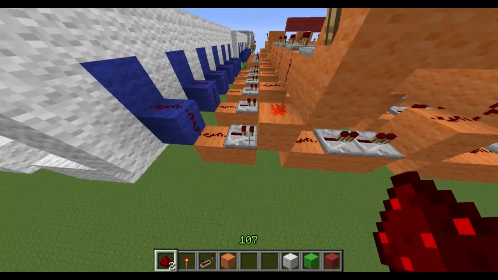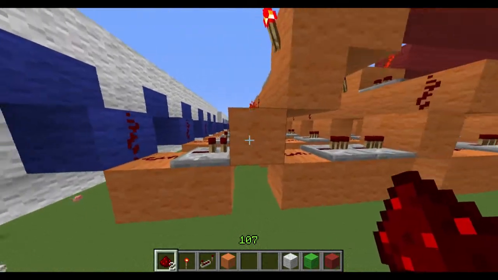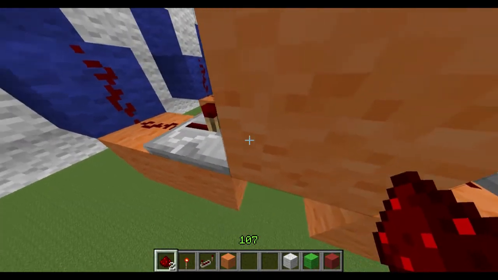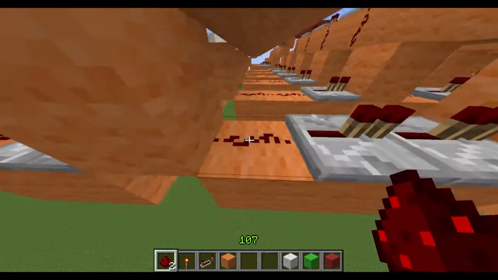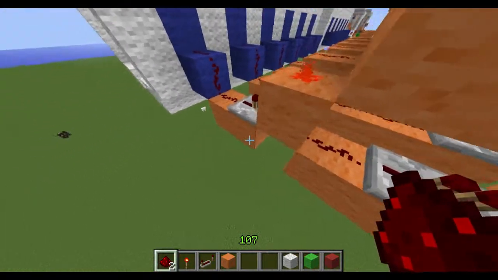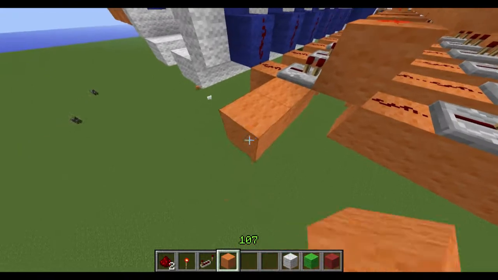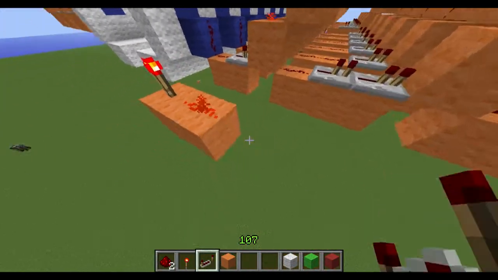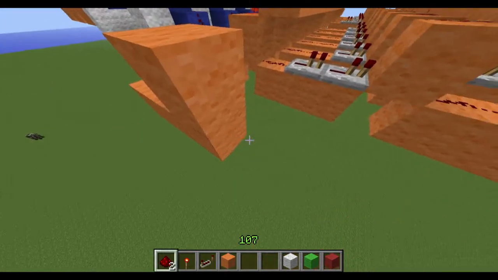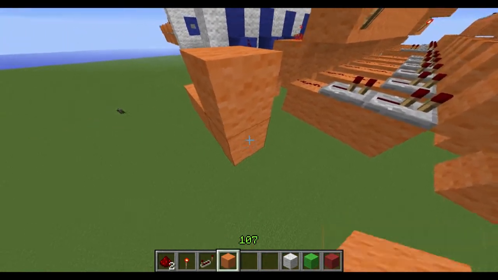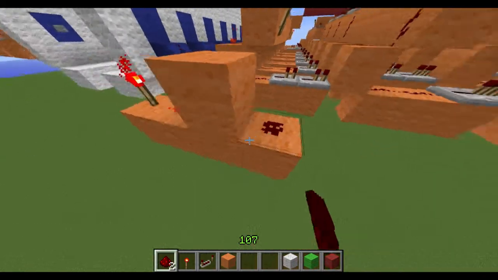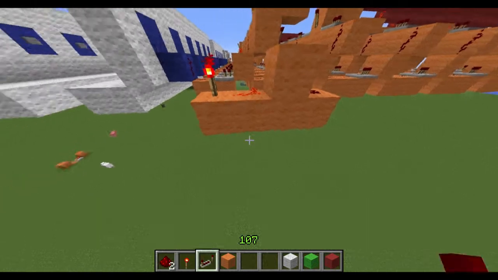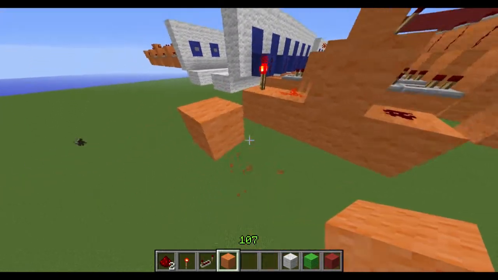What happens is this repeater powers not only this block, this repeater strongly powers this block, which will then power this redstone. If it was weakly powered, like this, oh, come on, there you go. As you can see, it's not powering the redstone, but if you were to go like this,